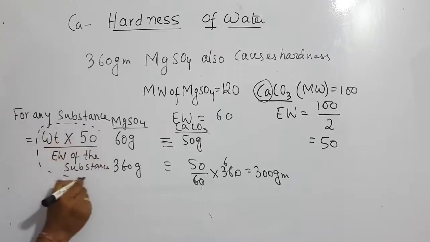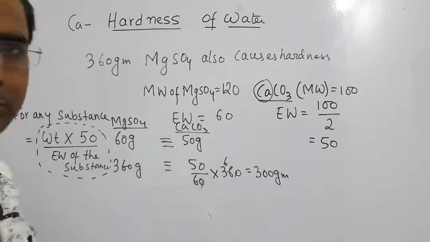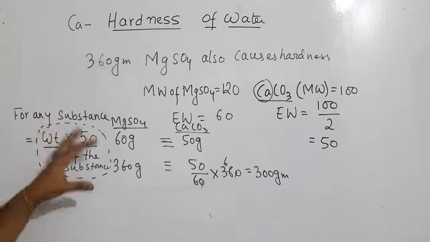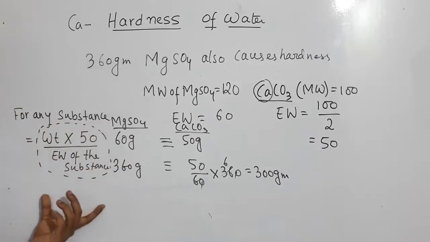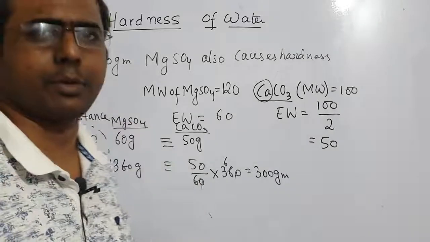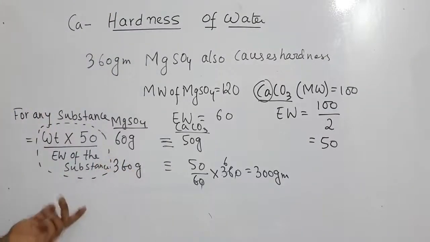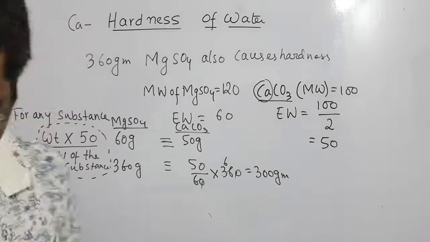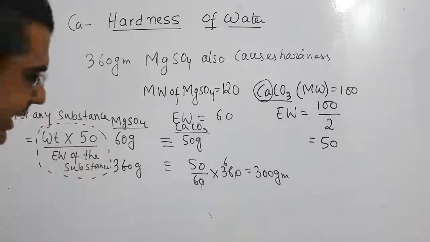If you don't remember the formula or don't want to remember, go for the unitary method that you have learned right now. At my age I generally don't remember this formula, I go for the unitary method. But I am giving you this formula because in examinations, if you have easier types of problems, then there is no point doing the unitary method. It is better you go directly for the formula to solve it fast. Okay, so clear. So now we will be solving some problems on hardness.